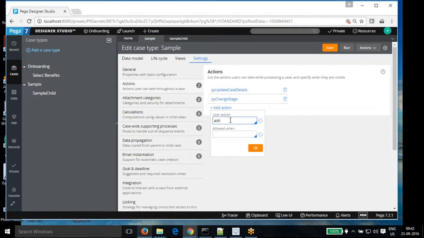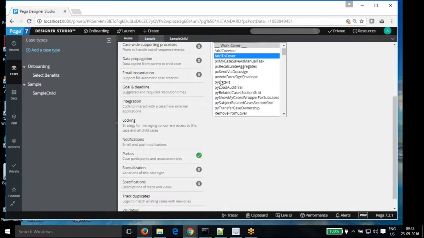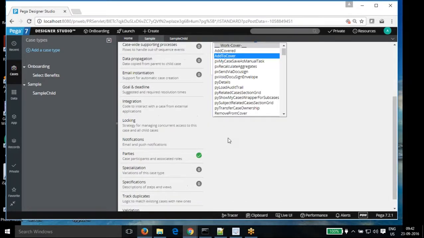If you are just adding another one, add to cover. Why is it behaving a little different?